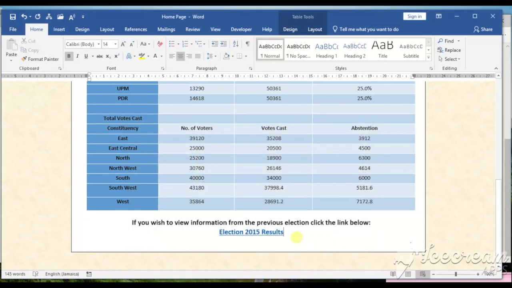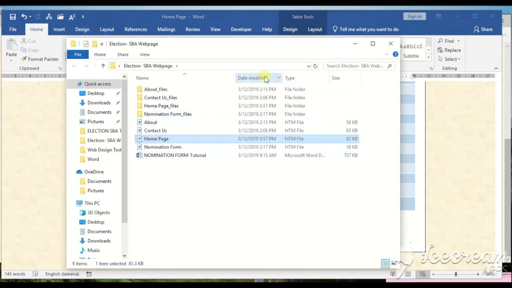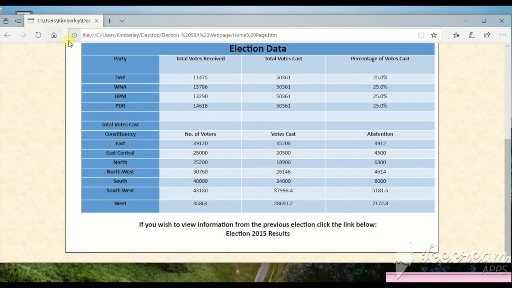Alright guys, so if you have made any changes to your web page, which you've seen where I've made a few changes, when you go back to the browser, all you have to do is refresh the page to reflect whatever changes were made. So ensure that your links work, your information is there, and congrats guys, you just created your own